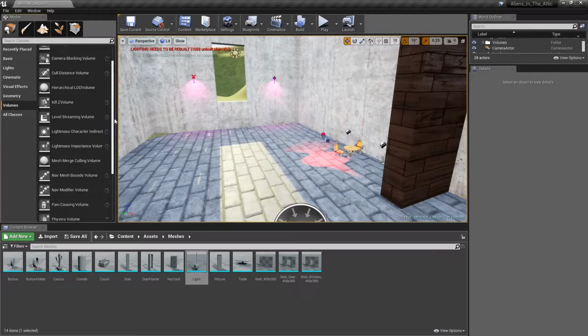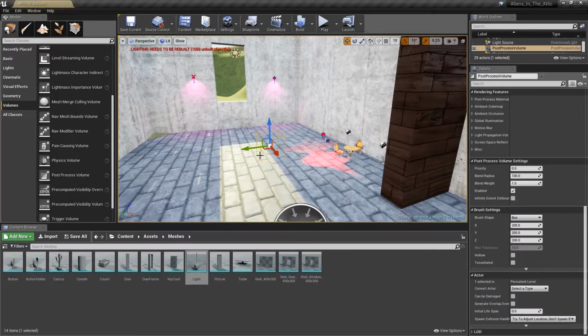So if we scroll down here to post-processing volume, now we have a box that controls when we can see post-processing. I'm going to scale it up a little bit, and let's go ahead and do a test, all right? So if I select my camera,